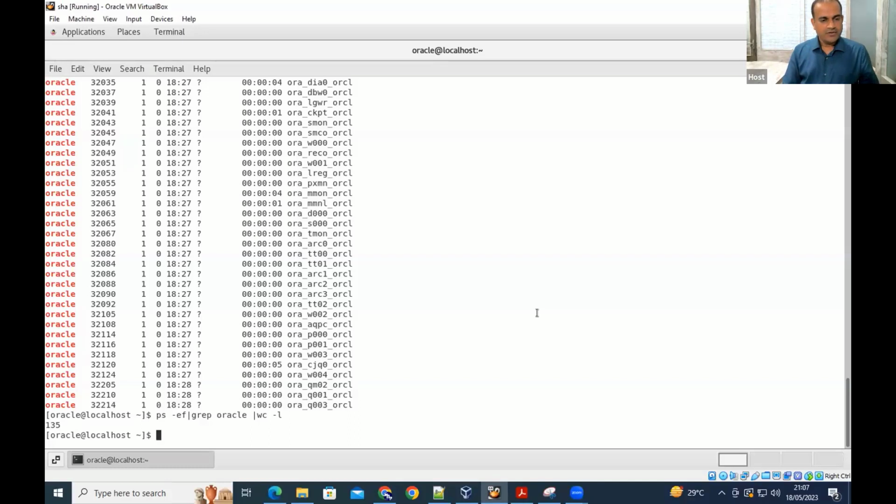So, though we are entering into the database for the very first time, the basic step after logging in to the database is checking whether the database is up and running or not. We have already checked, right? We have checked ORCL database is the only database. We have checked the processes are up. Next, after checking this, let me